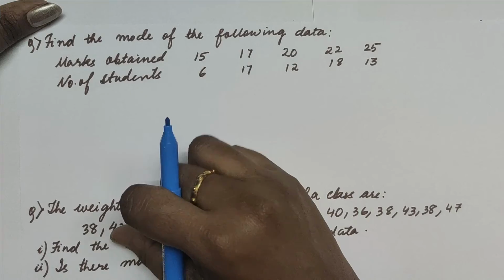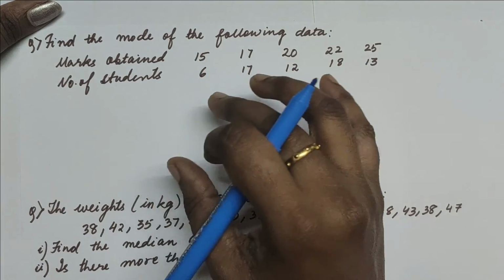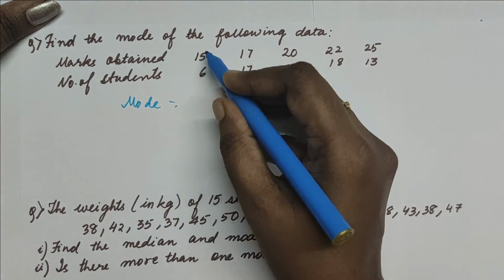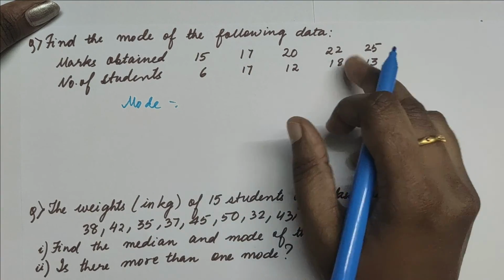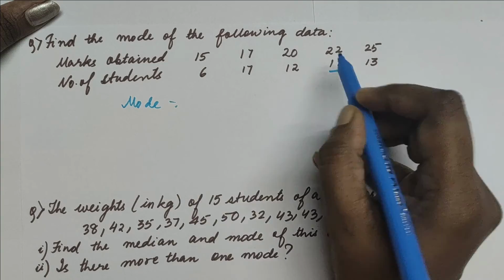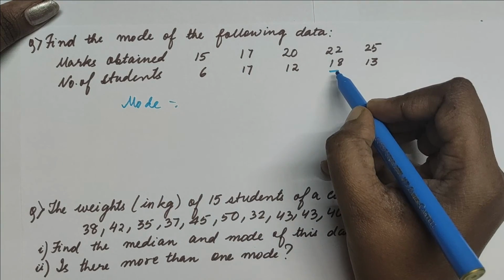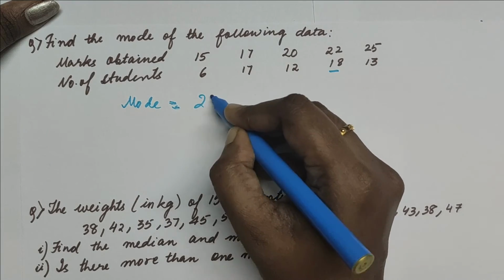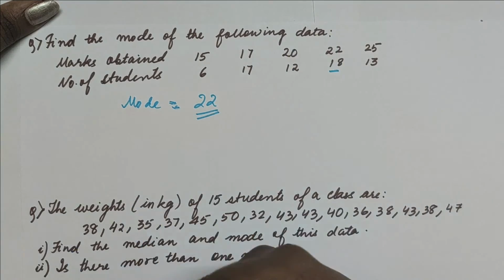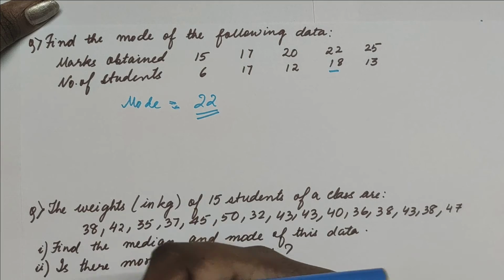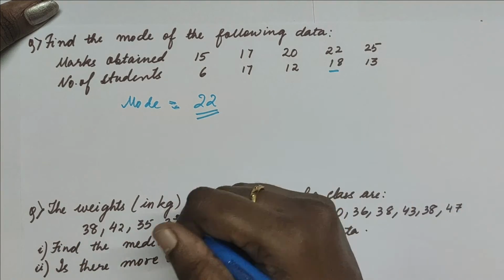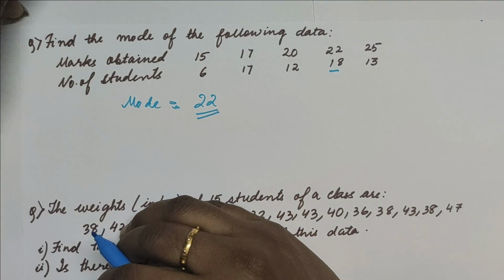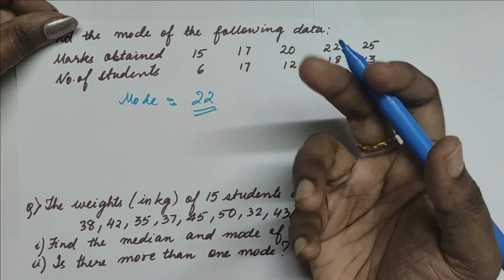If the question is find out the mode of the following. Now this is already a group data and it is very easy to find out the mode of this, because you have to see which observation is maximum. So you can see maximum observation, that is number of students, are 18 in case of marks 22. So what is the mode? Here the mode is 22. Means 22 is the marks which is the maximum time the students have got. So the mode is 22 as the frequency is maximum for the number 22. So this is just one line you have to write.